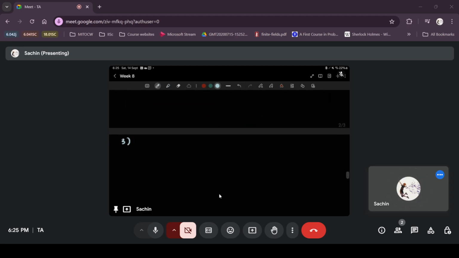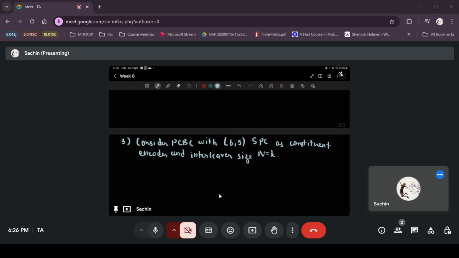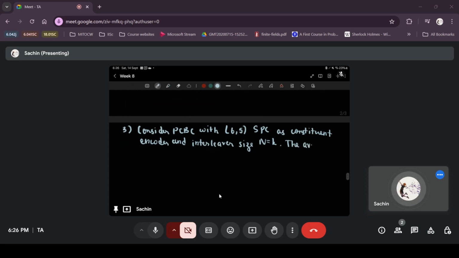Question 3. So consider PCBC with 6-5 parity check code, 6-5 SPC as constituent encoder and interleaver size n equals k. The average IRWEF is given by